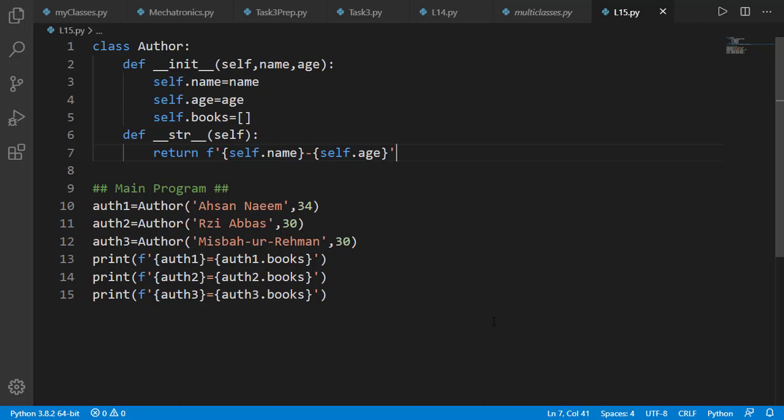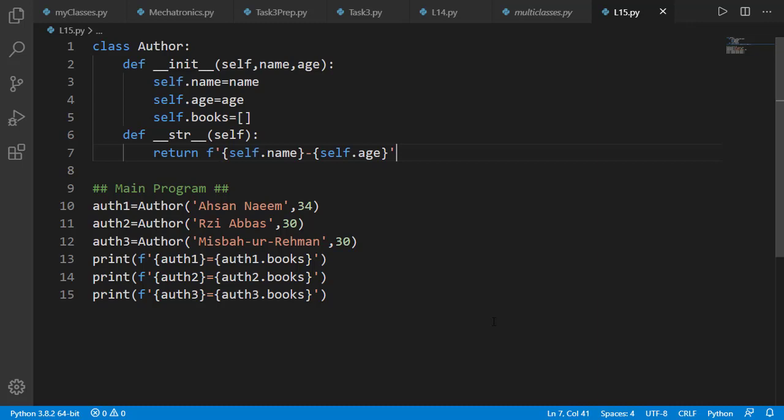This lesson is about multiple classes. In a very simple way, we will see how we can have interconnection between two class objects or attributes. To demonstrate that, we have one class as author, and in init method, it needs two input arguments, name and age. Inside init method on line number 5, there is another attribute books for the list of the books he has written, and it is set to empty list.